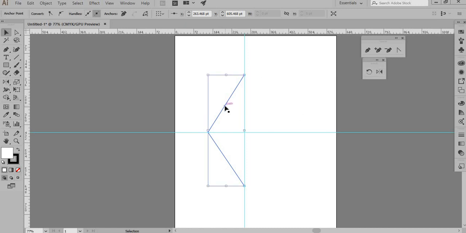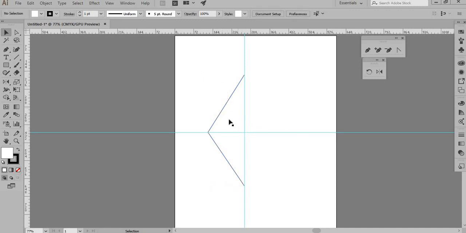So this is my object, and I want to reflect this to the other side. Now why do we use a reflect key? Suppose you make half portion of the illustration, or half portion of the flat, you don't have to make it again and again, and you want the other portion to look symmetrical. So that is why we use the reflect key, to bring regularity between the flat or the illustration.